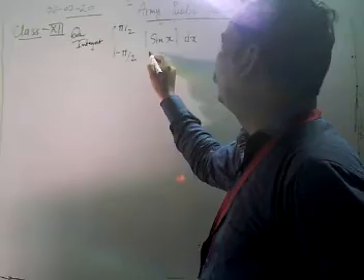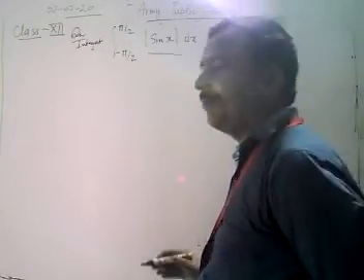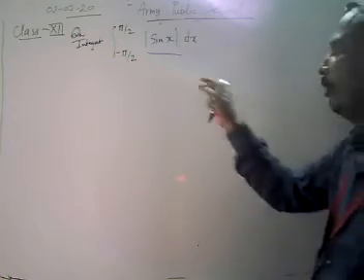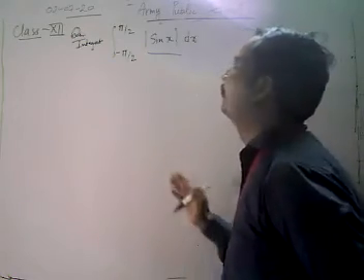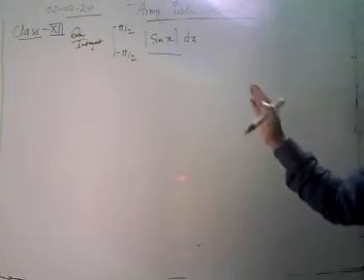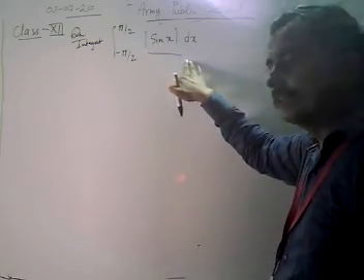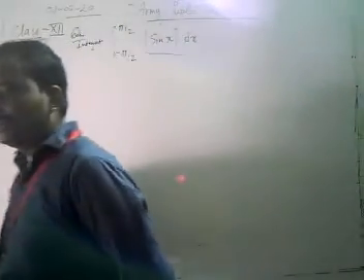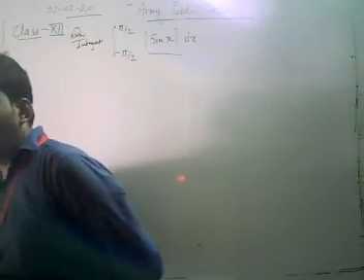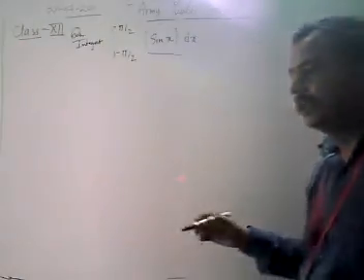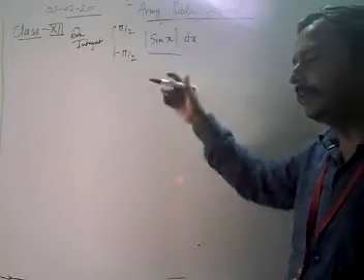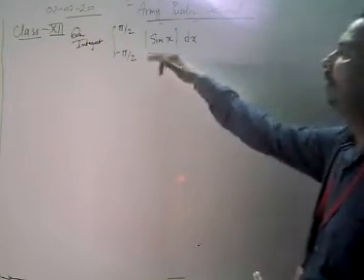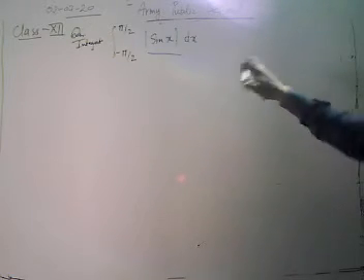First of all, as I explained yesterday, we have to find out the sign. There are two methods to find the value of an integral from minus a to b. Since it is mod of sin x, either we prove that it is an even or odd function, or we find out some interval in which we determine the sign.